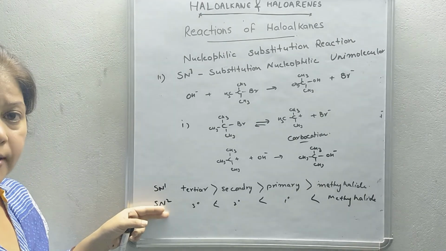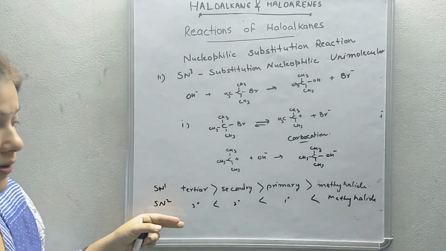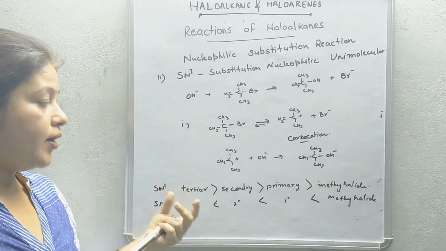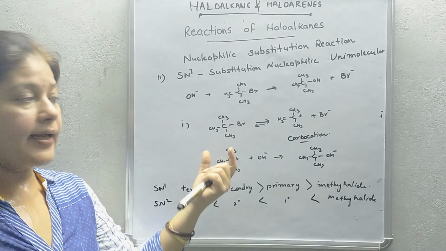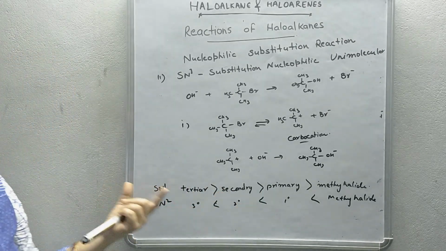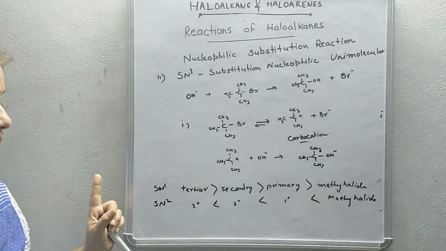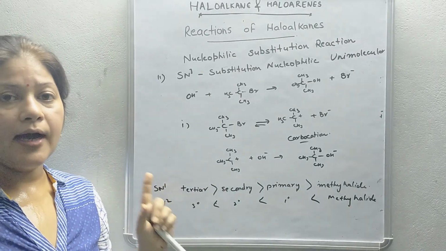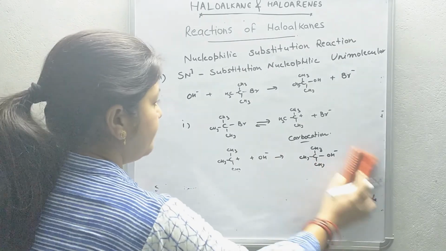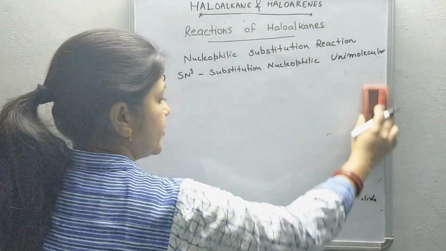SN2 is a second order reaction. The presence of both the elements affects the reaction rate, whereas the SN1 reaction depends on only one, the formation of carbocation, or one element's rate of reaction depends on one element, and the reactivity is just inverse. Now this also happens in aryl and benzyl halides. Now take the example of aryl and benzyl halides and see the reactivity towards SN1 substitution reaction.